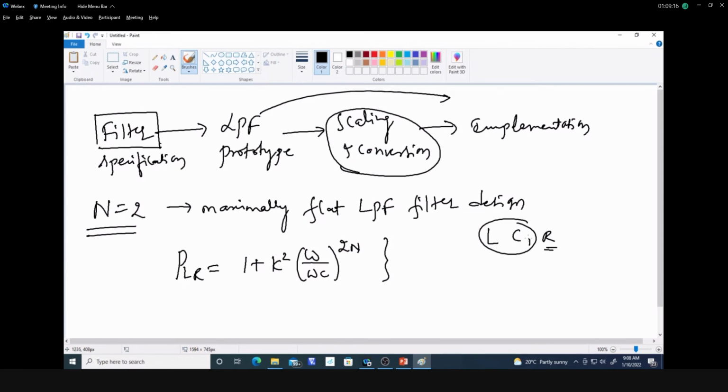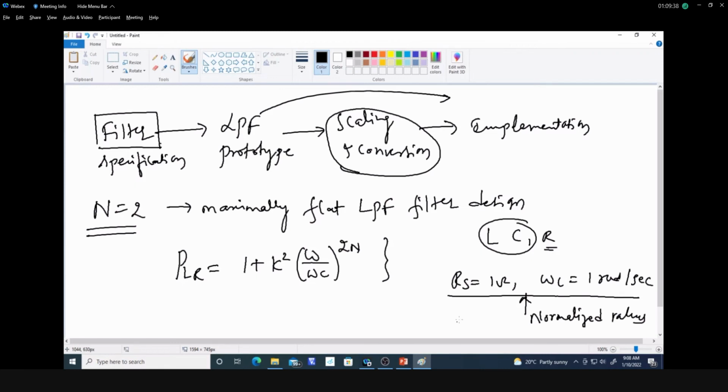So now for the maximally flat response, let us assume the source impedance Rs is equal to 1, and the cutoff frequency let us assume 1 radian per second, because we are considering normalized values. Okay, now if I consider those normalized values, omega c equal to 1 radian per second, Rs equal to 1,